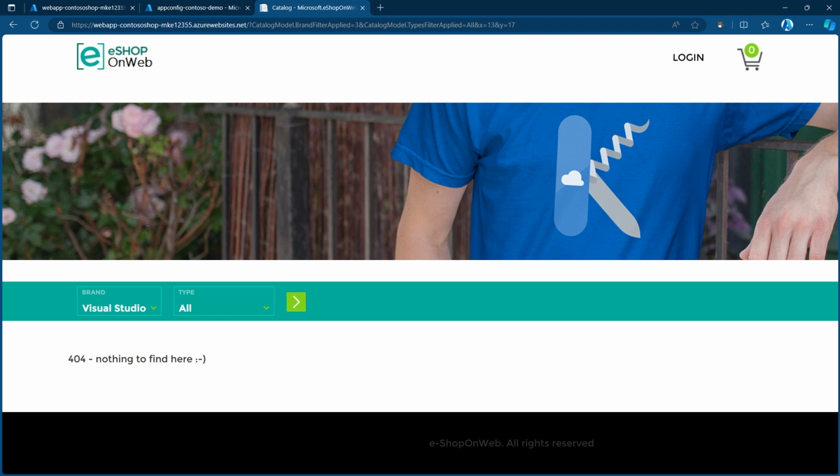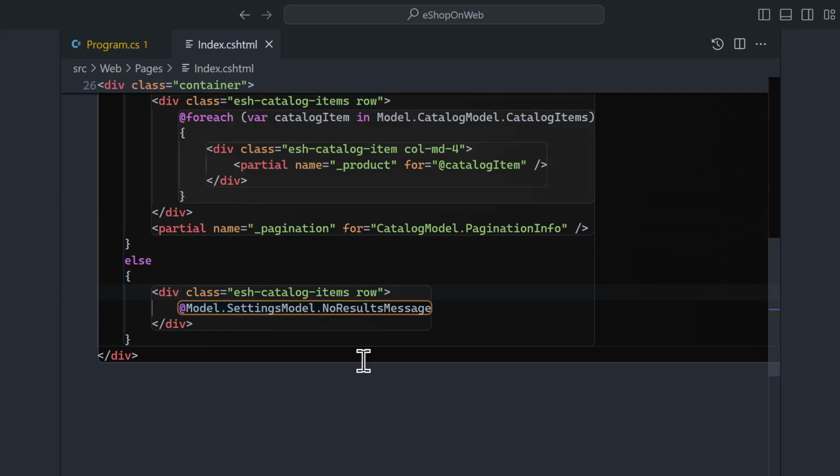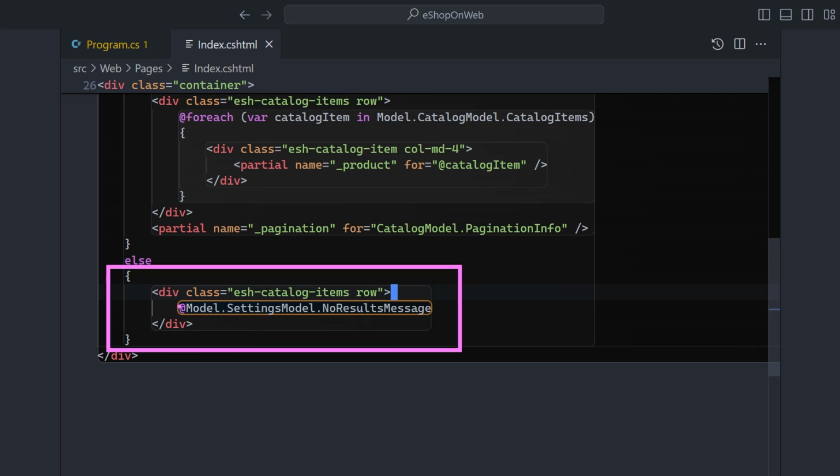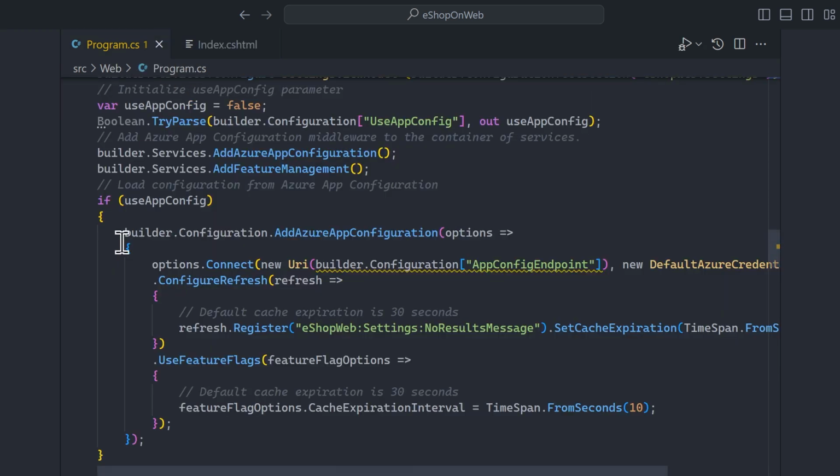So in code, if I change to Visual Studio Code, you can here see that element of that website where we don't have plain text written in here, but in this case, we are getting a specific setting for this no result message. And where is this coming from? So in the website configuration, we have a variable that is used to enable app configuration. And what that allows me to do is, because I will show you this in a moment,